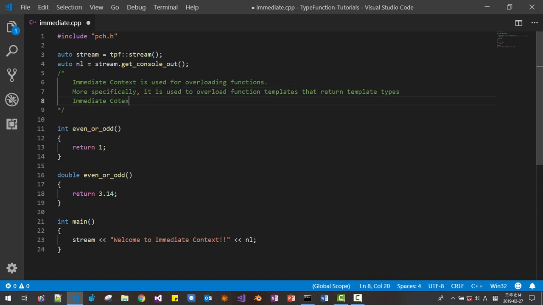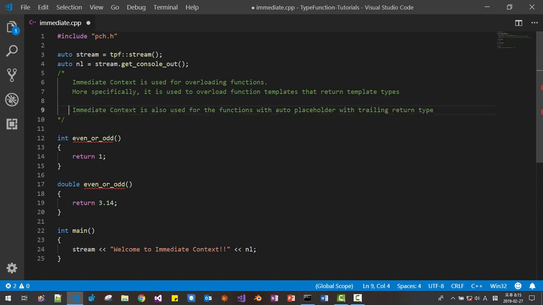Immediate context is also used for the functions with auto placeholder with trailing return type. About this, I will talk very shortly. So, immediate context is used for overloading functions.